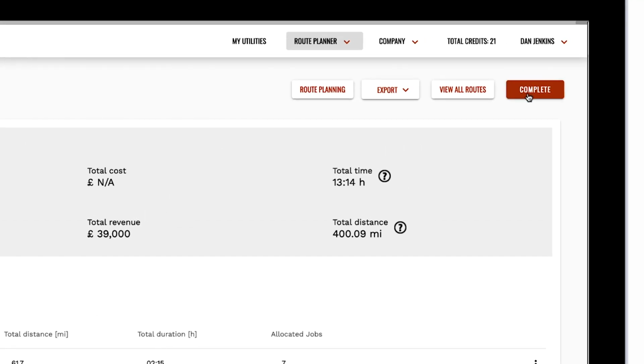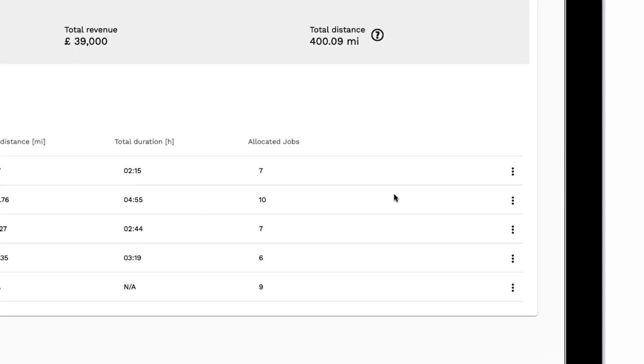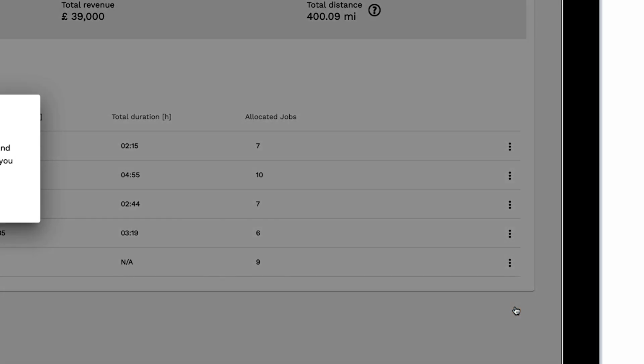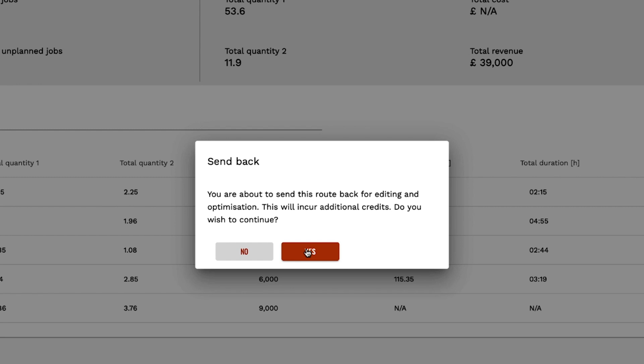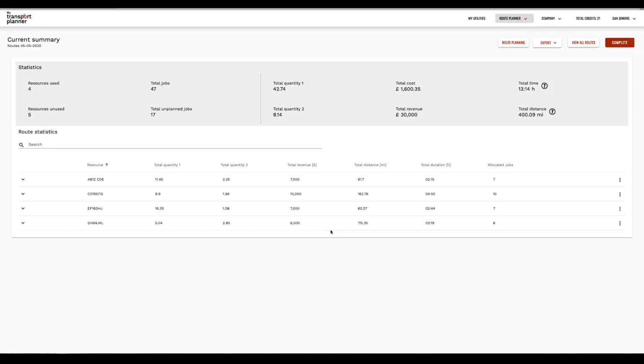This allows you to complete the allocation to these resources and continue planning other resources, perhaps as new jobs arrive during the day. To continue allocating to a finished resource, click on the three dots to the right of the resource name and select Send Back. You will be asked to confirm your choice. Please note that pay-as-you-go customers will incur a further charge if they re-optimize a finished plan. When you select Yes, the resource is removed from the Current Summary screen and returned to the Jobs Allocation screen